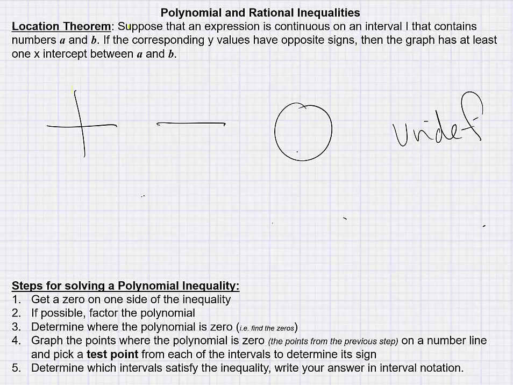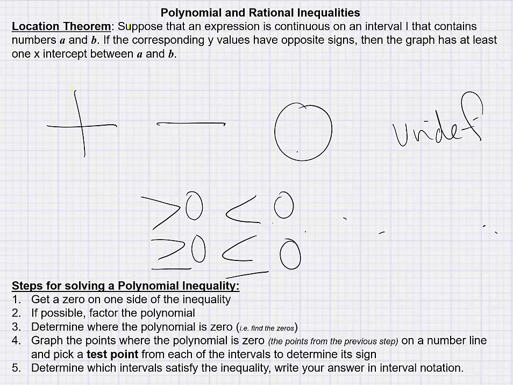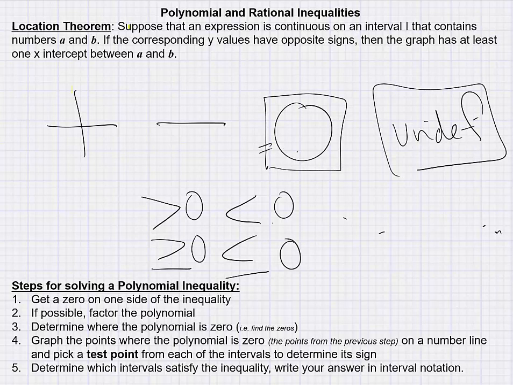So we're trying to figure out where something is greater than or equal to, less than or equal to, something. Well, if we think of it in terms of 0, right? Greater than 0, greater than or equal to 0, less than or equal to 0. Then we can say, all right, well, what if we figured out where we were 0, where we were undefined? And I'm talking about equal to 0 and undefined. If we could find these two things and check them off the list, then the only thing left would be,